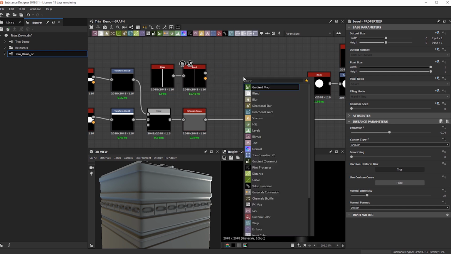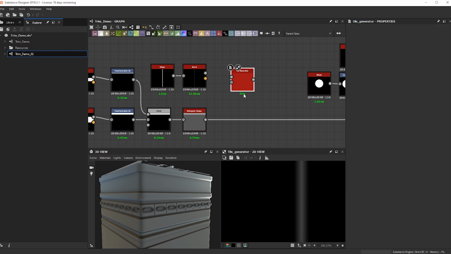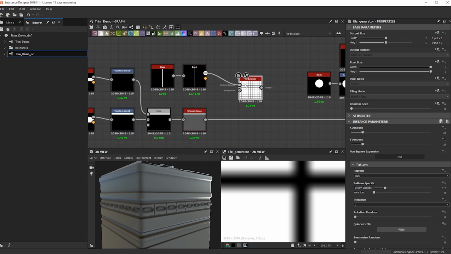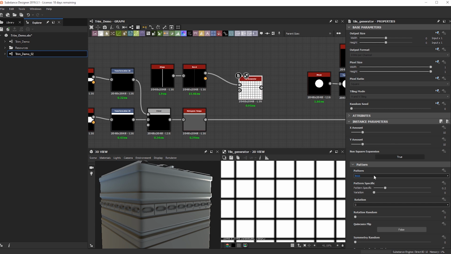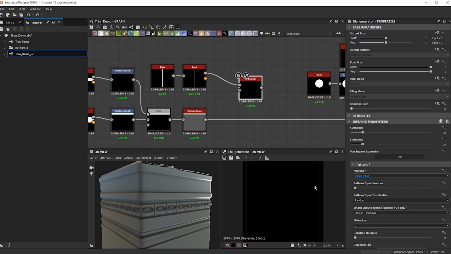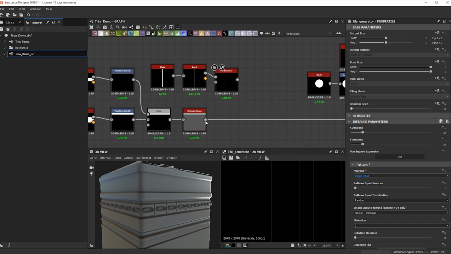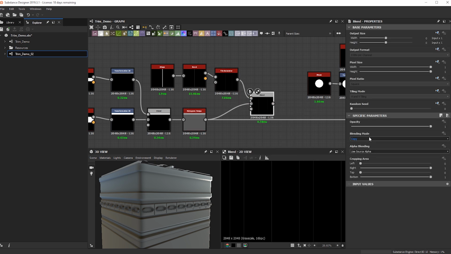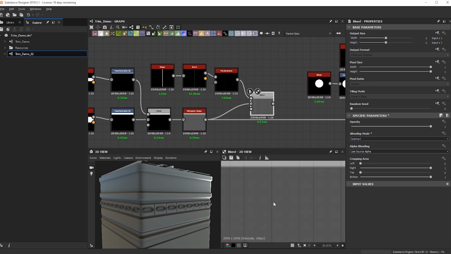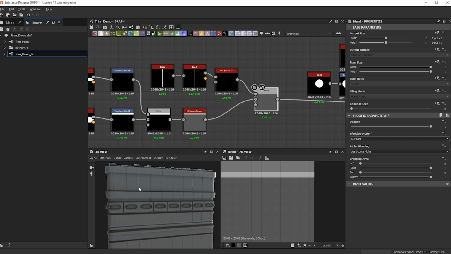So let's just go ahead and plug this guy into a tile generator. Cool. And we're going to change this to image input. And now, because it's a vertical streak, if we change the X or the Y amount, it's still going to be continuous on the tile, which is nice. So let's just blend this guy over and see what we get. I want different cut lines for the different areas, so I might have to put a mask on this guy. But for now, let's just see what this is going to give us.